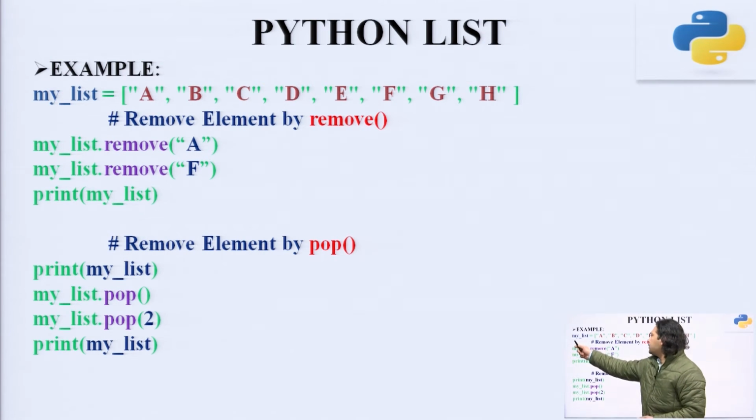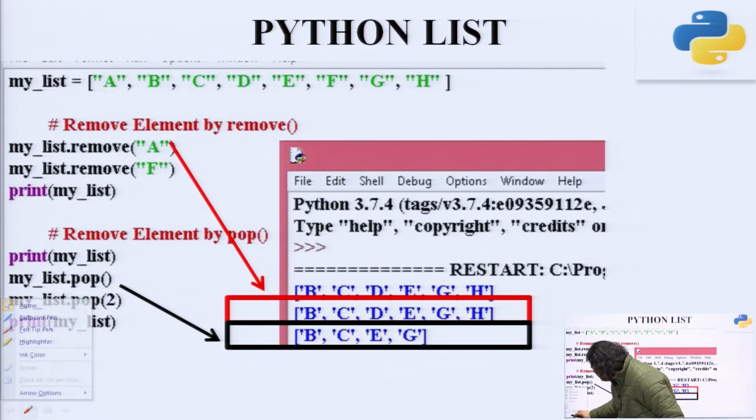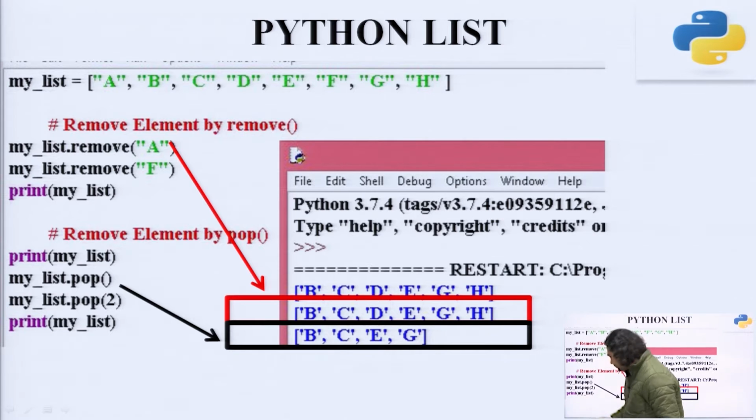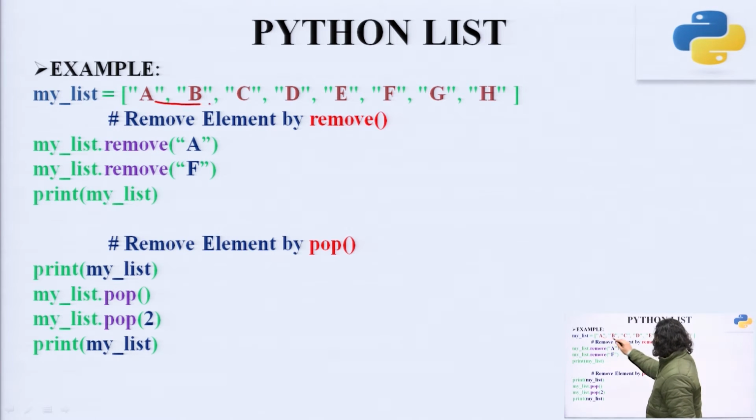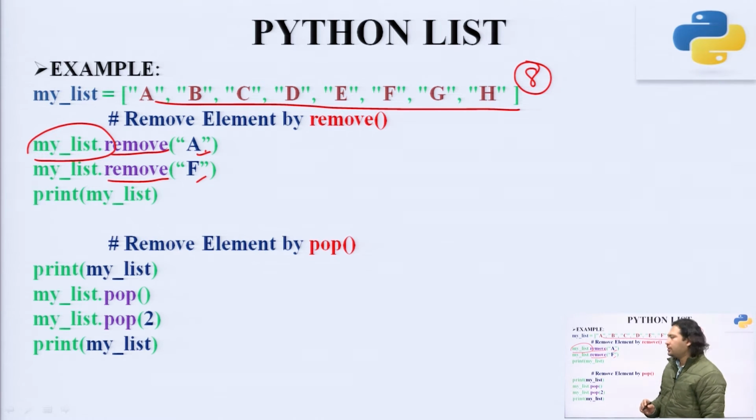Now, in this list here you can see that we have these 8 elements, and in this we want to remove A and F. Again we are using a method, and the name of the method is remove. So, we are going to remove A and F under this variable mylist. The syntax remains the same: the variable name followed by the dot, followed by the method's name,